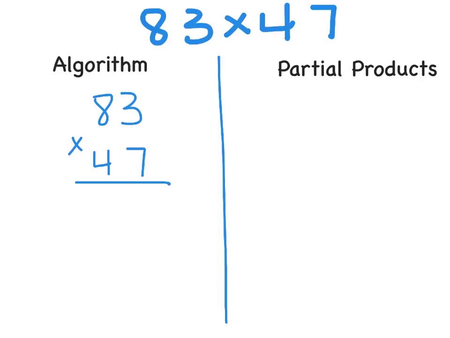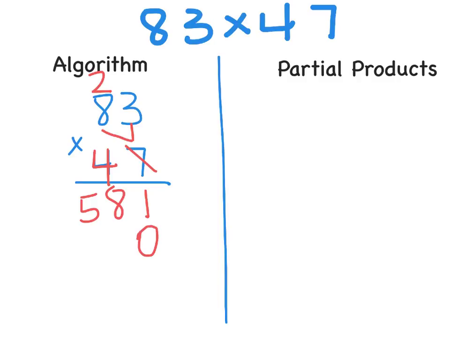I'm going to stack them up and begin multiplying with the bottom number in the ones place, so the 7. 7 times 3 is 21, I'll carry my 2. 7 times 8 is 56 plus 2 is 58. I'm done with my 7, and to show that this 4 is really a 40, I need to put a